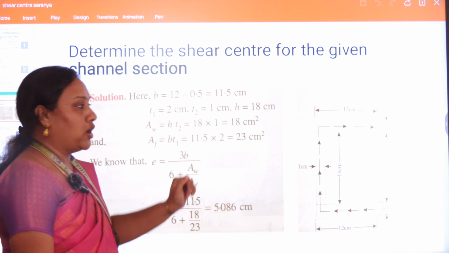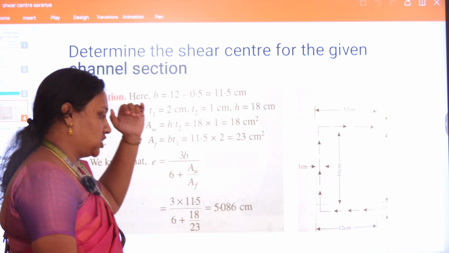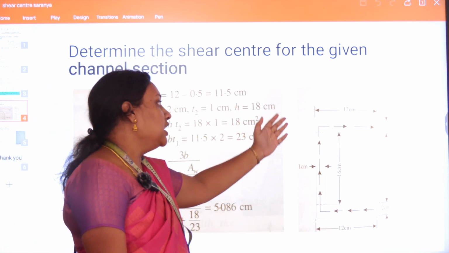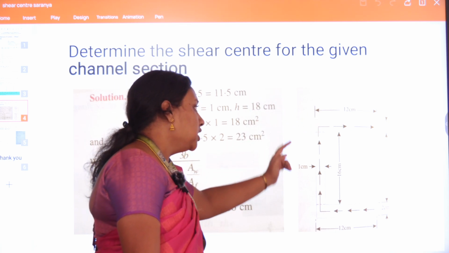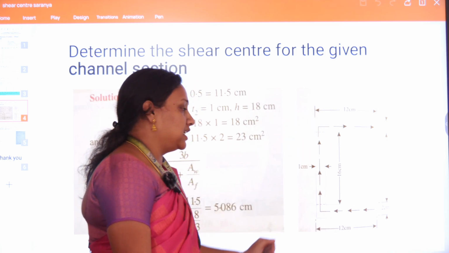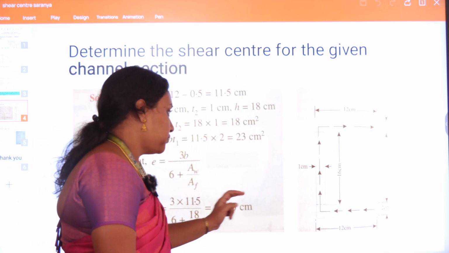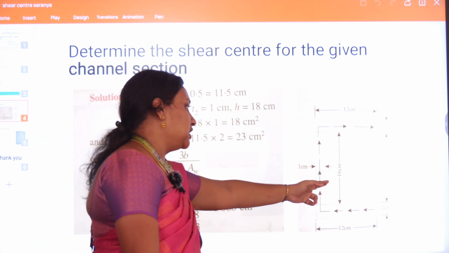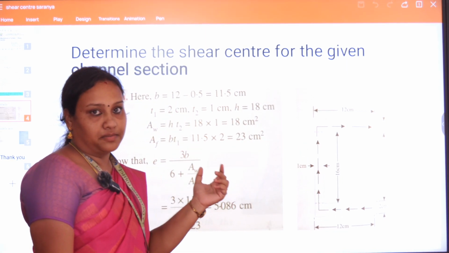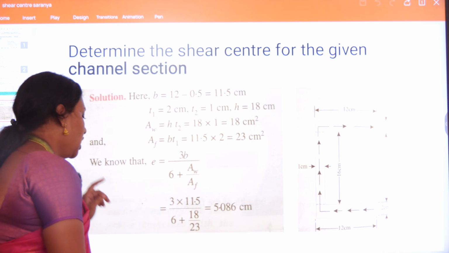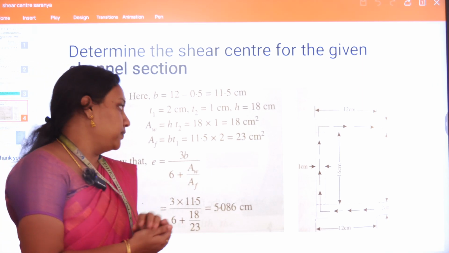So we'll take this problem. Determine the shear center of the given channel section. They've given you this channel section with the width of the flange to be 12 centimeter on both sides and the thickness of the flange to be 2 centimeter, whereas the height of the web portion is 16 centimeter and the thickness of the web portion is 1 centimeter. Carefully note down, for a channel section, for determining the